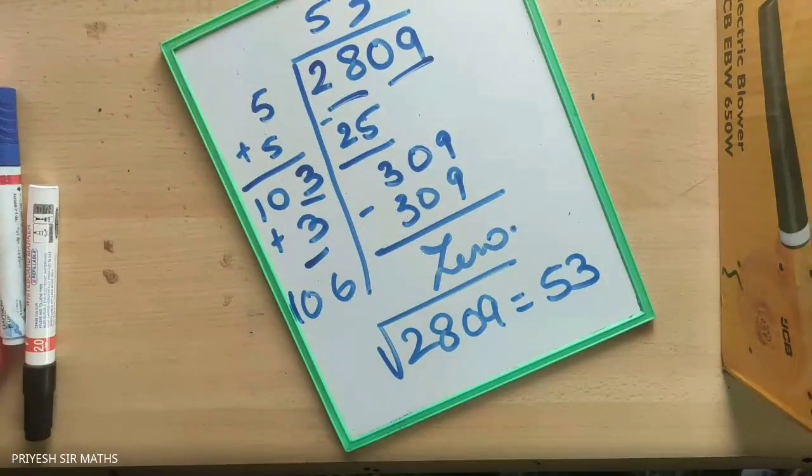Very good. Those who got the answer, very good. But try to solve with the long division method, because long division method in big numbers is very useful. You can't do prime factorization in a very big number. The next number we are going to take is of 5 digits, so get ready for it. The 5-digit numbers, I'm going to show you how to solve using the long division method.